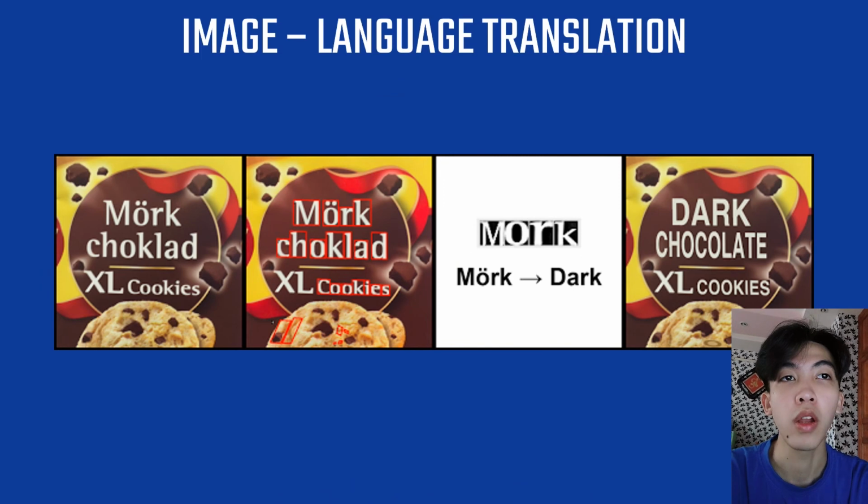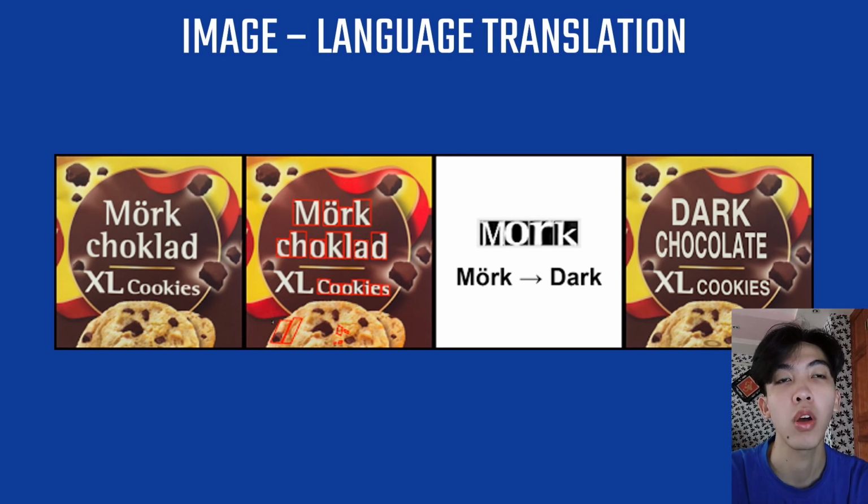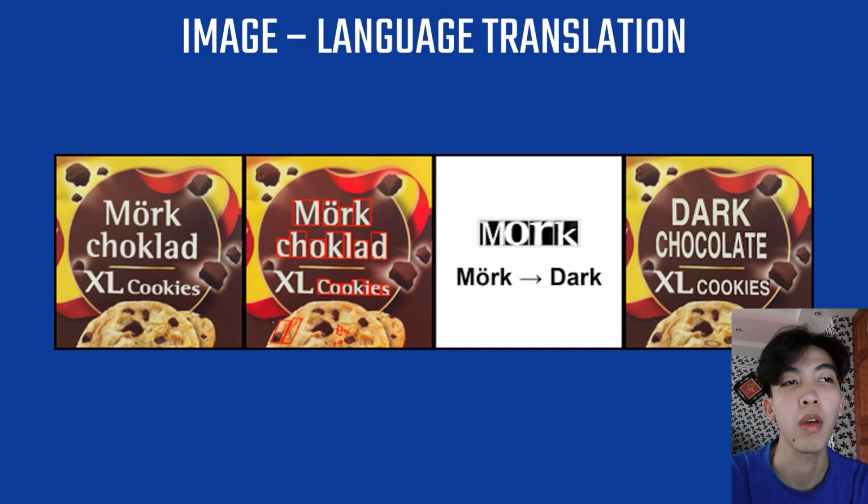You want to translate a banner in Japanese or Chinese? With the Google Translate app, it's now possible to automatically translate a photographic image with text into a real-time language of your choice. All you need to do is to hold the camera on top of the object and your phone runs a deep learning network to read the image, convert it to text, and translate it to text in your preferred language.